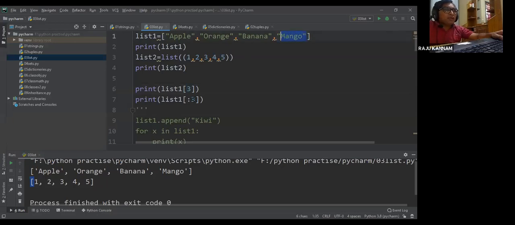And what will the next one print? We are not giving the starting value, so it will start from the beginning, the 0th index. Then it will print till the third index: 0, 1, 2, 3. Since in Python the last value, the destination value, won't be included, it will print till banana.